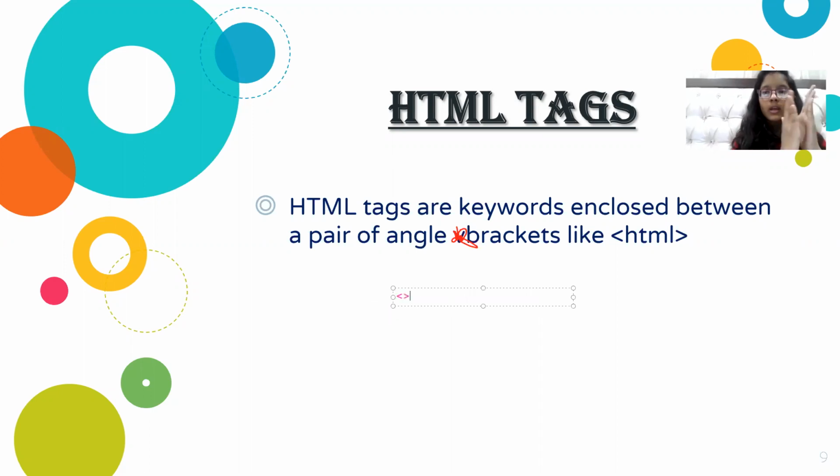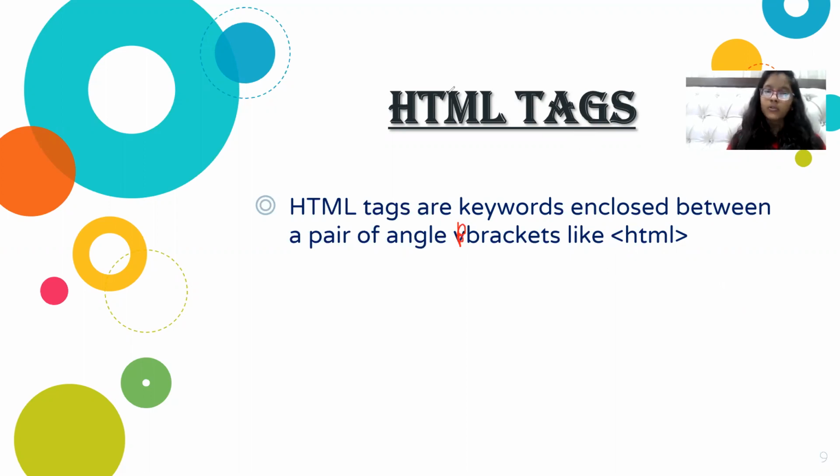Between them there would be the tag name. So we always say that it is a tag when it shows these two signs. This was the first point, and the example is shown here. HTML is one type of tag. We start our tag with this sign and end it with this sign. Understood, everybody? I think it's clear, right?